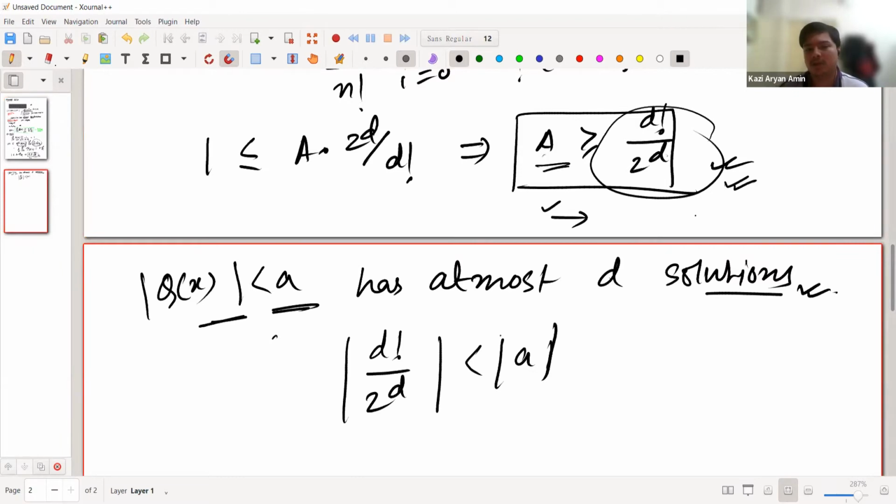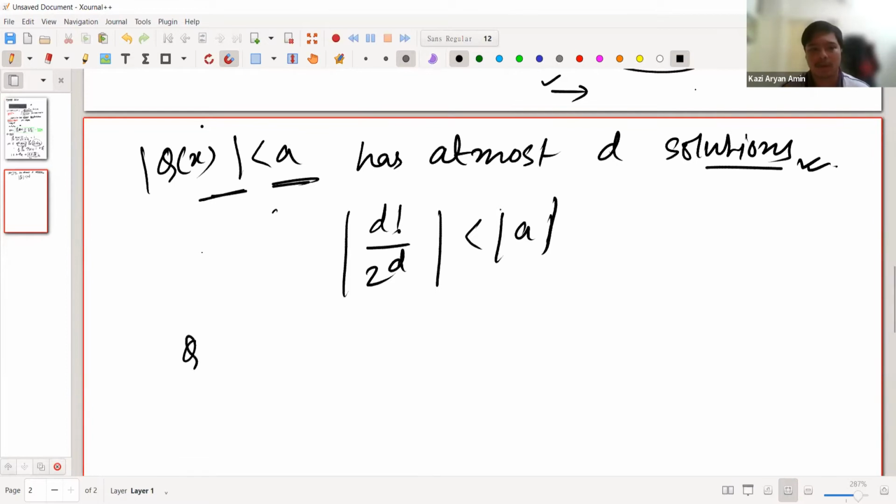So basically, you can choose a d such that d factorial by 2 to the power d is less than mod a. And so now, whenever we need to solve q of x is at most mod a, we know that every integer solution x to it must satisfy